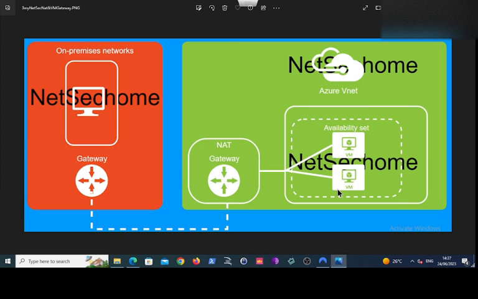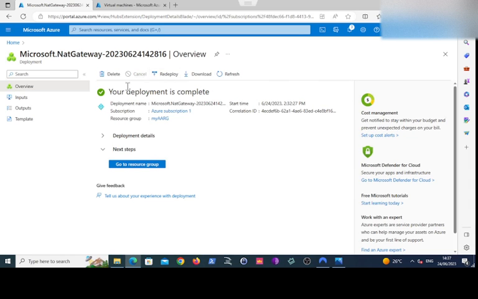And today I am going to show you how you can create a VM, and we can test the NAT gateway by downloading something on the internet and see how it works. Okay, so let's go back to the Azure portal. You can see my NAT gateway deployment was complete. So I will go